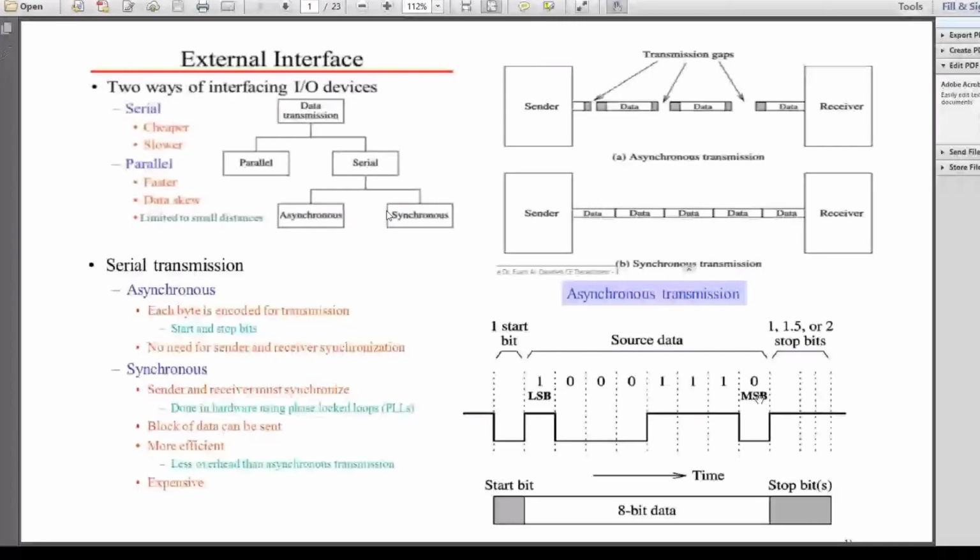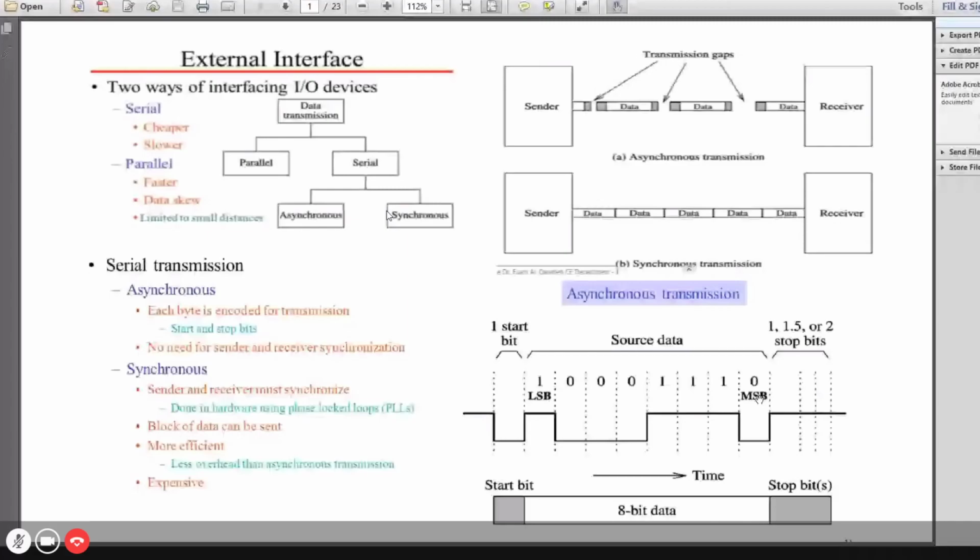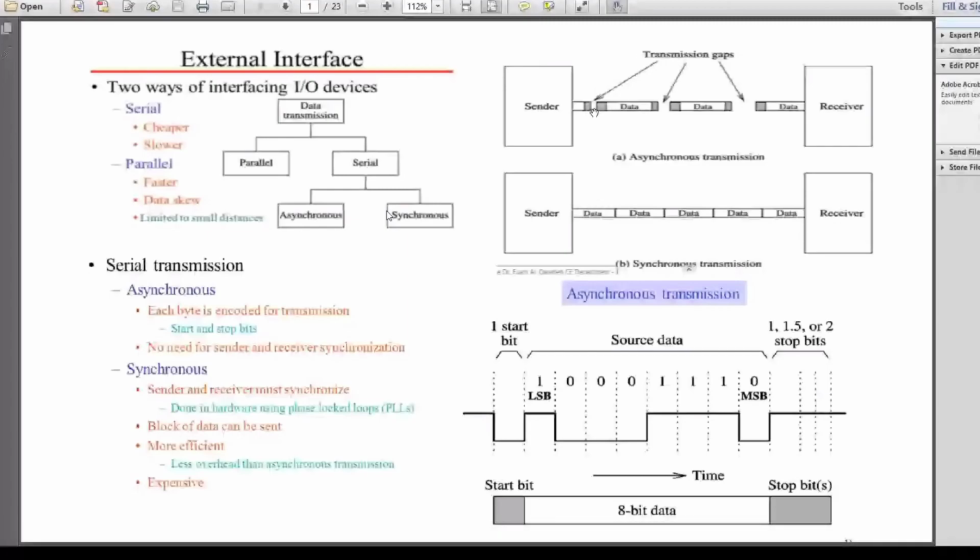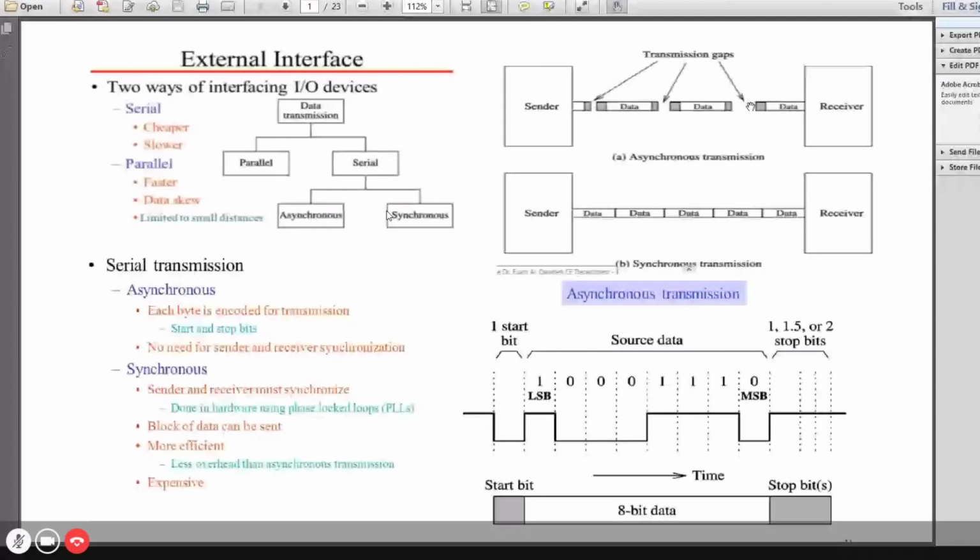So if you look at it, asynchronous transmission can happen in bursts of data. It can happen with breaks in between. Whereas synchronous transmission continuously keeps on sending the data along with the sync pulses, so the sequence of data will be identified.